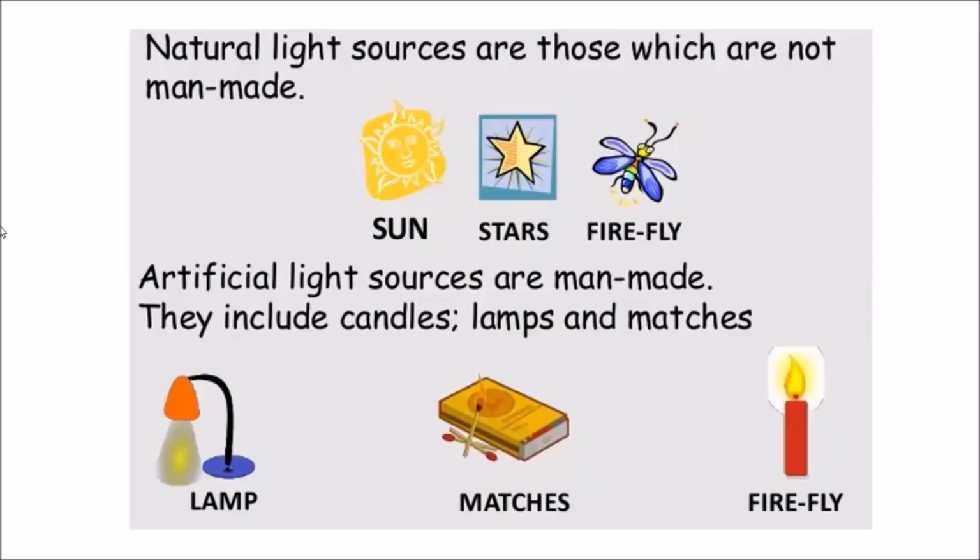So when we talk about sources of light, we have two types of sources of light. Natural sources of light, which you can see on screen, are the sun, stars, and fireflies. These are some of the examples. Artificial sources of light are the ones which are man-made. They include candle, lamp, and matches which we have created. So these are artificial sources of light. This we have studied from grade 4 onwards, but at grade 10, these are the base. So we should know about it to know about the concept of light in detail.